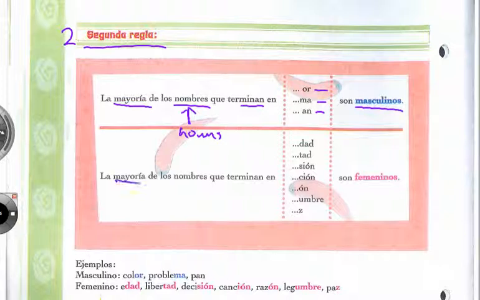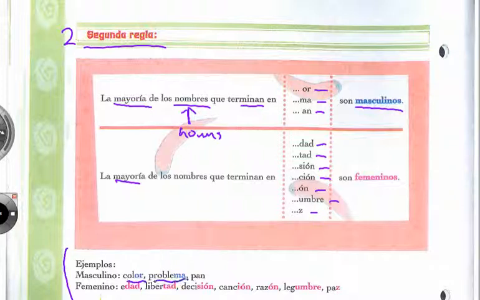Y la mayoría de los nombres que terminen en dad, tad, sion, on, hombre y con Z son femeninos. Okay? And here we have some examples. So, el color,